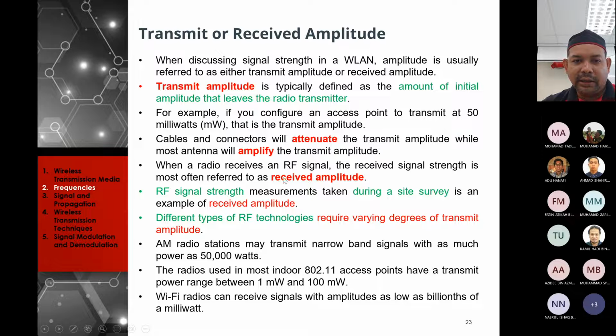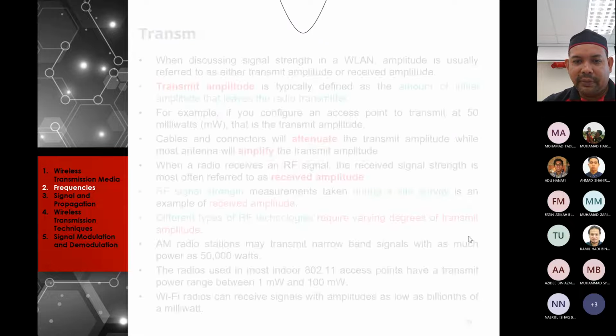When a radio receives an RF signal, the received signal strength is most often referred to as the received amplitude. An RF signal strength measurement taken during a site survey is an example of received amplitude. Different types of RF technology require varying degrees of transmit amplitude. AM radio,